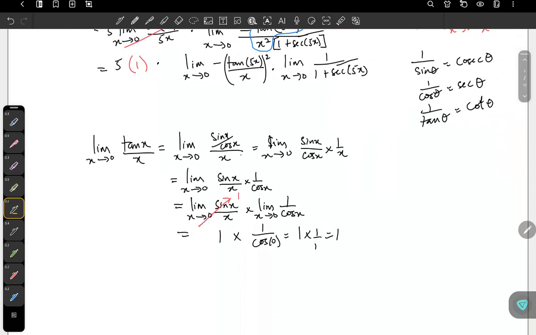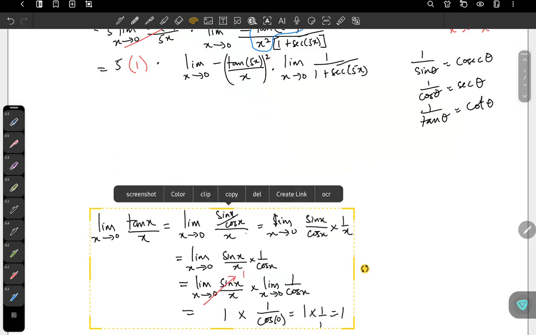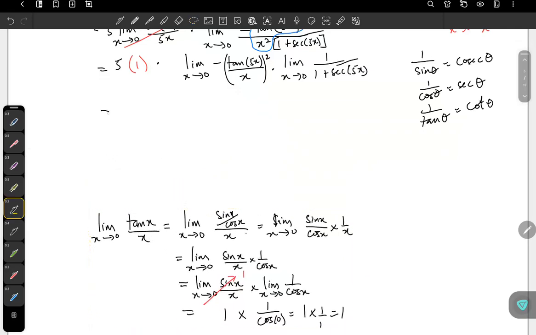Now we are getting close to the end. So for this just becomes 5. And for this one, we have already seen how limits can pass power. So this is minus the limit as x approaches 0 of tan 5x over x squared